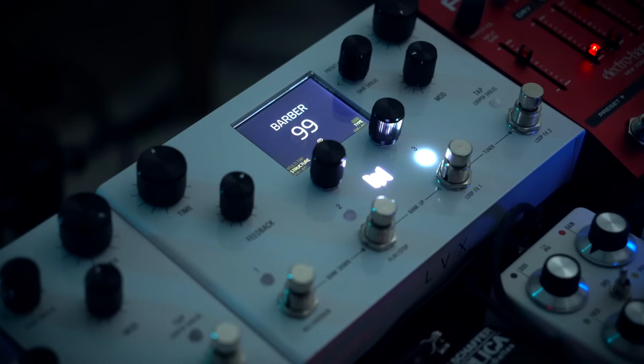Okay, so if we start at the top, we've got Barber, and it's a Barberpole, and I just found a really cool setting that I liked and ran with it. I'll start by playing it by itself and then throw some effects on. And for reference,